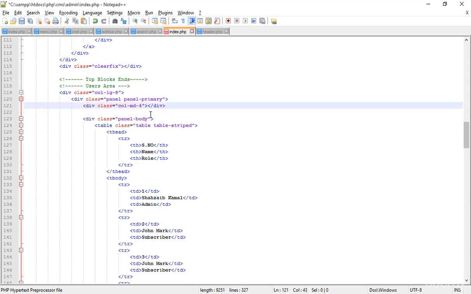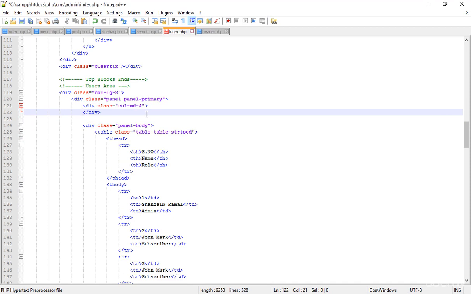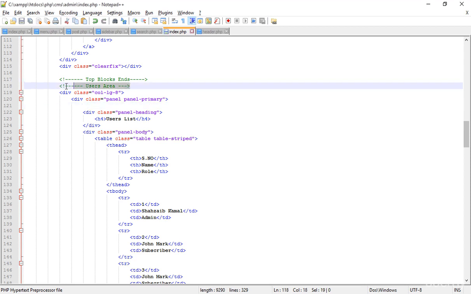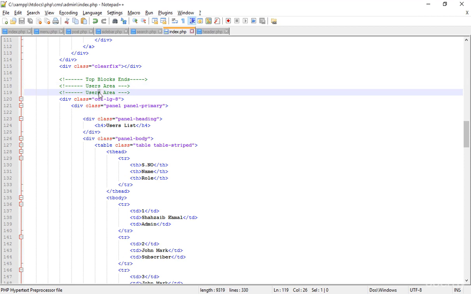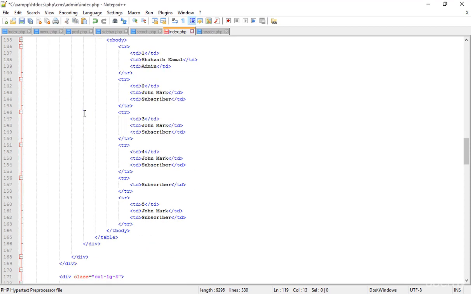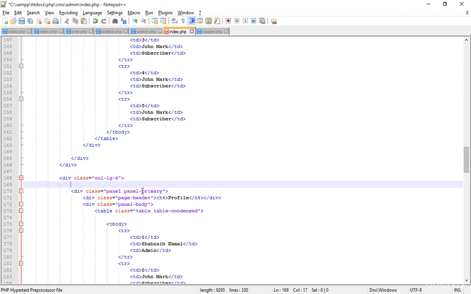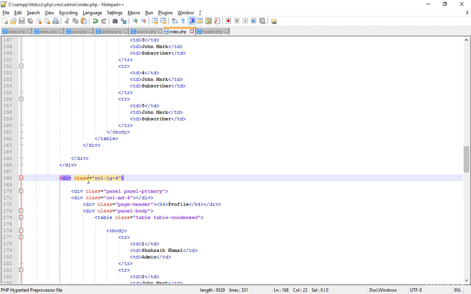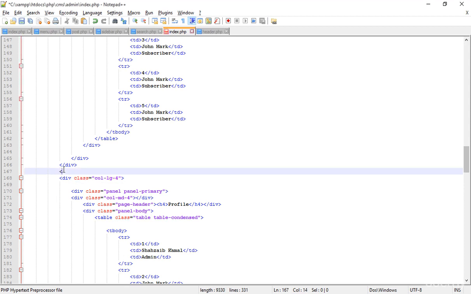Okay, now just cut this panel heading and put it inside the MD4, but actually I just did the wrong thing here. Okay, I'm just cutting this panel column MD because I forgot that this is a user's area and I'm just duplicating that. Here I cut that, and here I have to type the thing, but before that I'm just pasting this column MD4 and here I'm just adding the